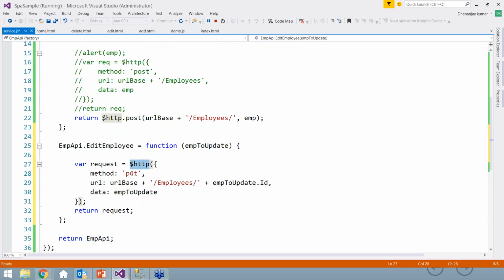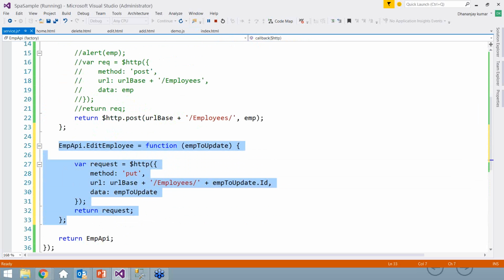Then the HTTP put method, base URL, you have to pass the ID and the data to update. So this is the service you have to write to update the employee. So this is pretty much your service. Now let us go ahead and write code in the edit controller. So in the edit controller, what we are going to do,